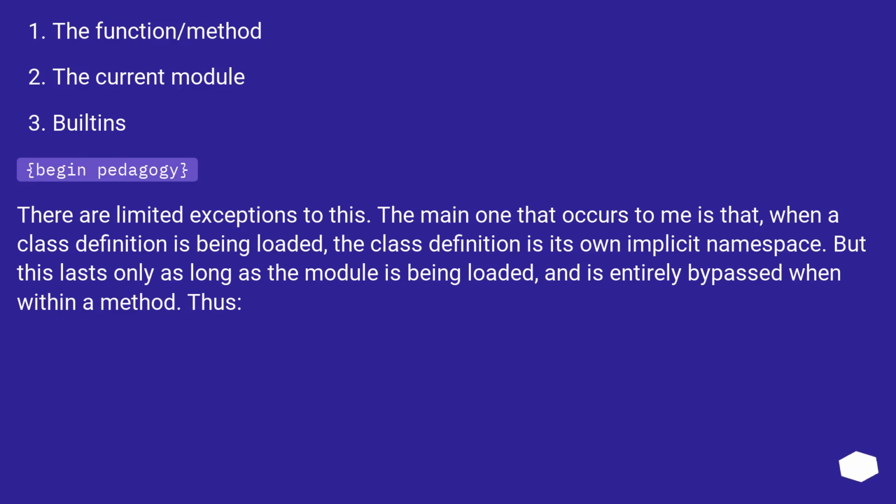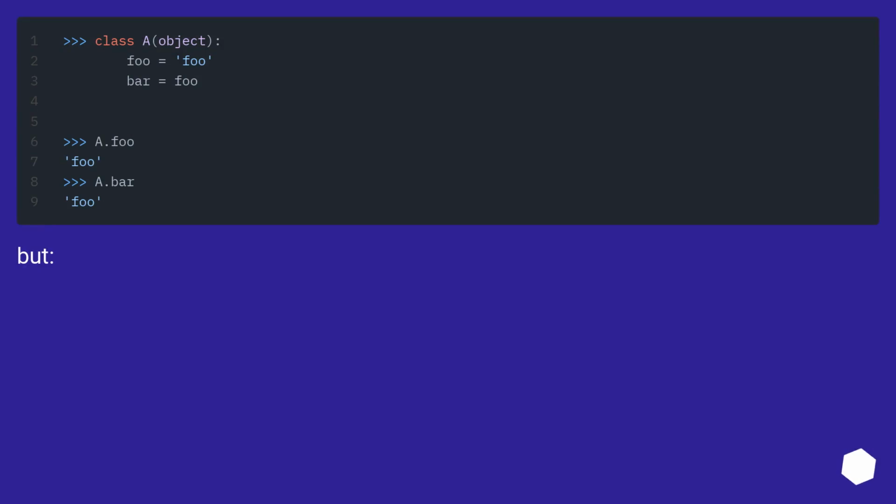The main one that occurs to me is that, when a class definition is being loaded, the class definition is its own implicit namespace. But this lasts only as long as the module is being loaded, and is entirely bypassed when within a method. Thus, but